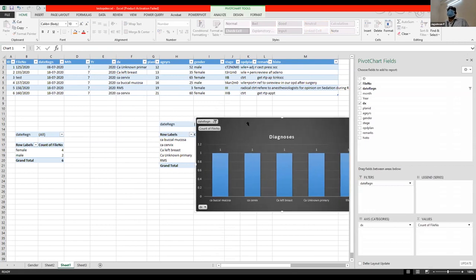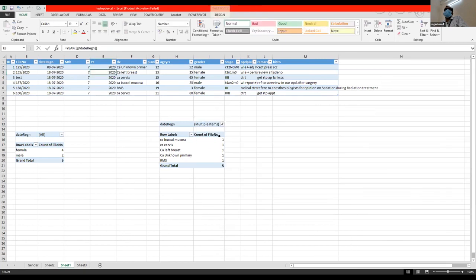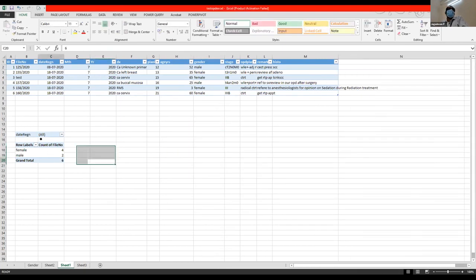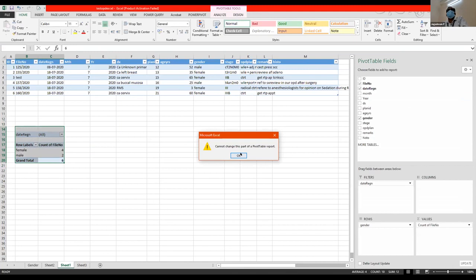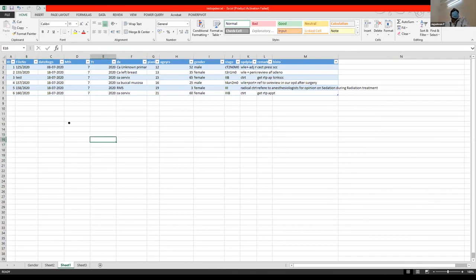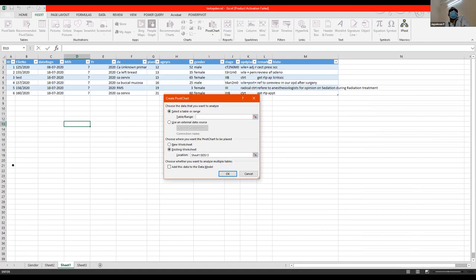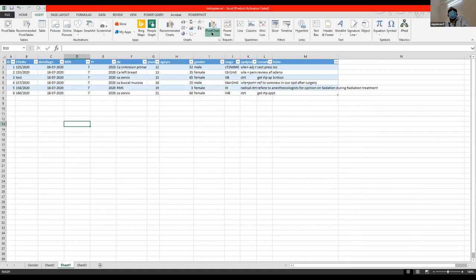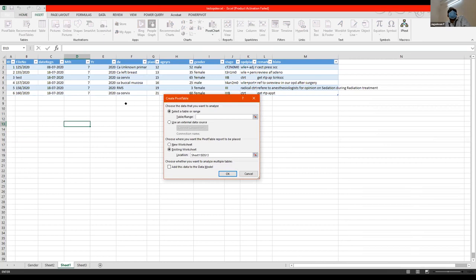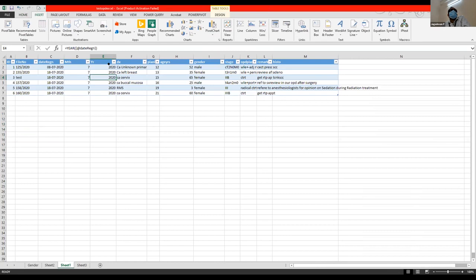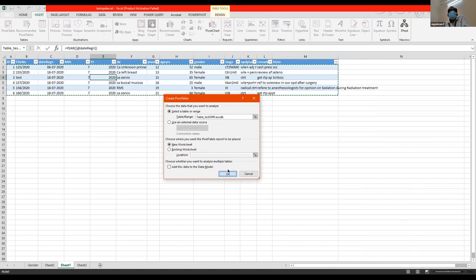Now, since those have been added, it doesn't get reflected here. So I'm going to delete this box, which I've already made. Let's delete all these boxes and recreate the chart again. Go to insert, pivot chart. If you want the table also to be displayed, you can click pivot chart and pivot table, the table of data which you are extracting from there. As we just discussed, oh sorry, I forgot to click inside the table. So I have clicked inside the table, pivot chart and table. It's already auto selected. I'm going to say yes.